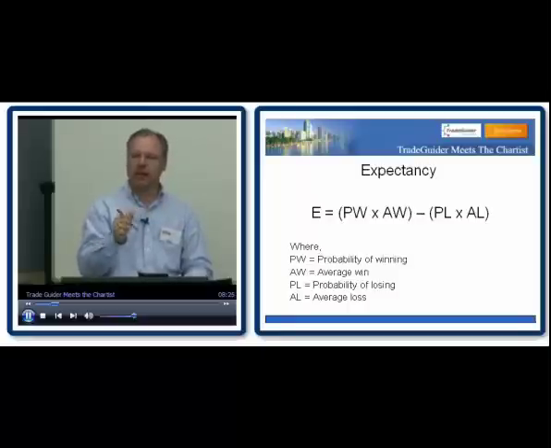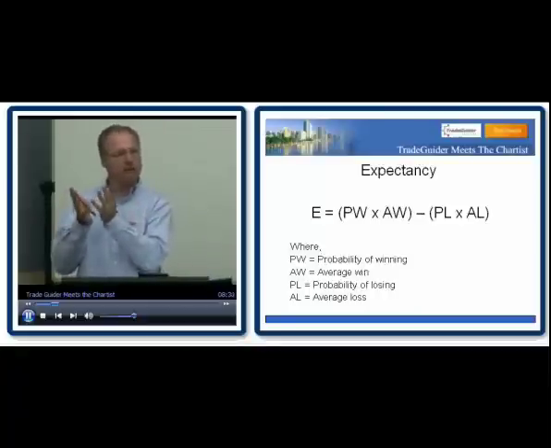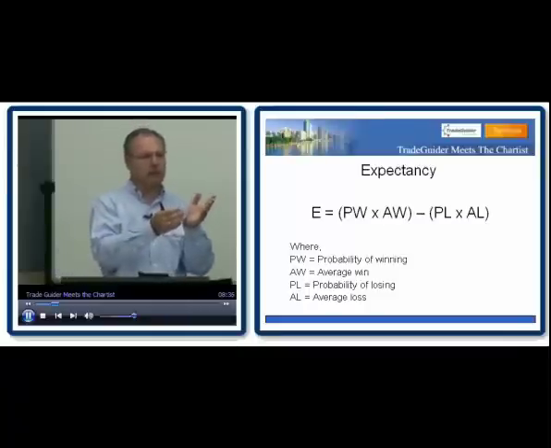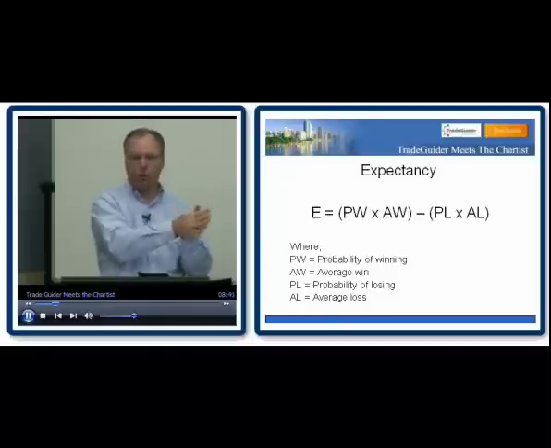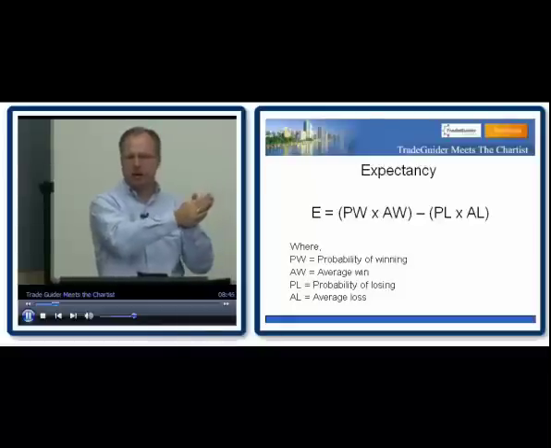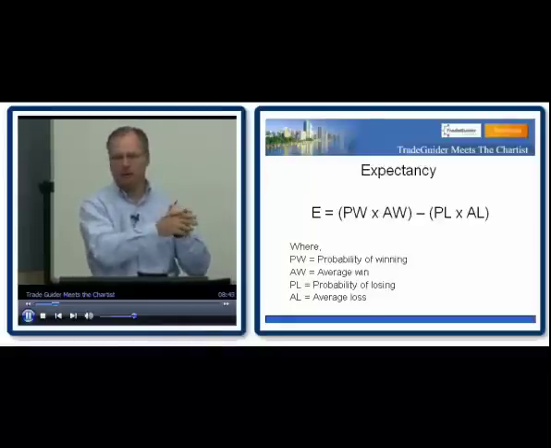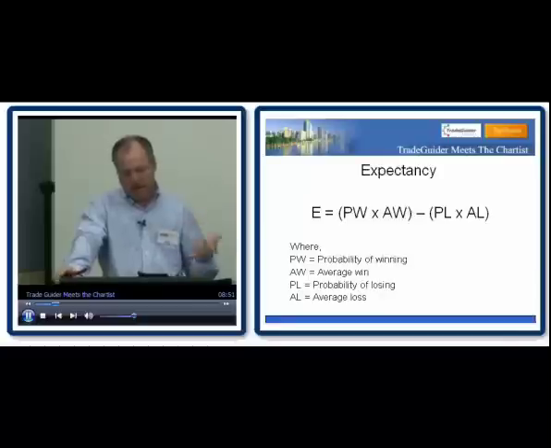And once you fully understand how to create your own positive expectancy, you will look upon trading in a very, very different light. You will see immediately and become skeptical immediately of certain people's thoughts and processes, what they're trying to sell you, and you'll know exactly what's right and what's wrong and how to make money from the market by understanding this expectancy. It's a very simple equation there. The probability of winning is your winning percentage, times your average win, and you subtract your probability of losing